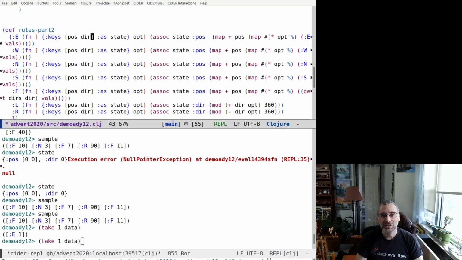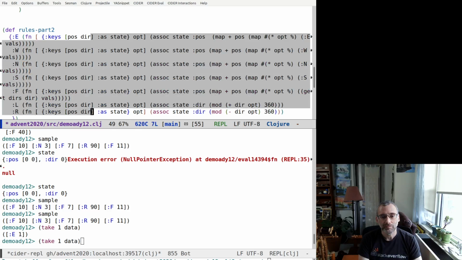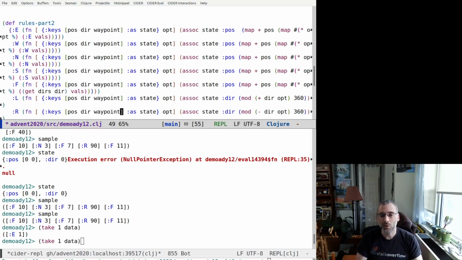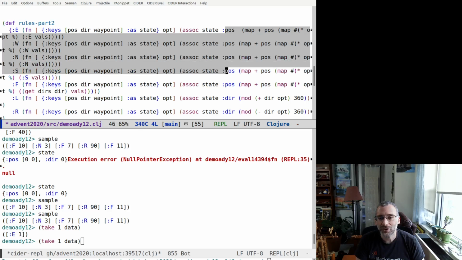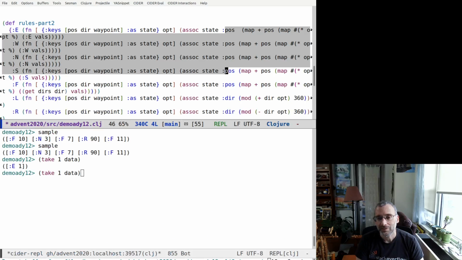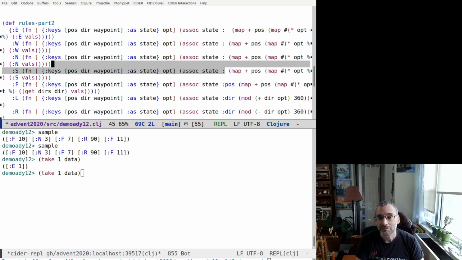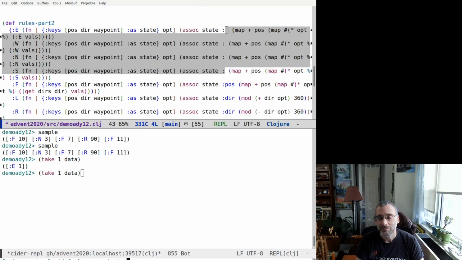Now the first change is we are also going to need our waypoint. So let's get the waypoint in as an additional destructure so we can get to that easily. Now, if we think about this, the difference here, north, south, east, and west, let's see, these are going to modify the waypoint,